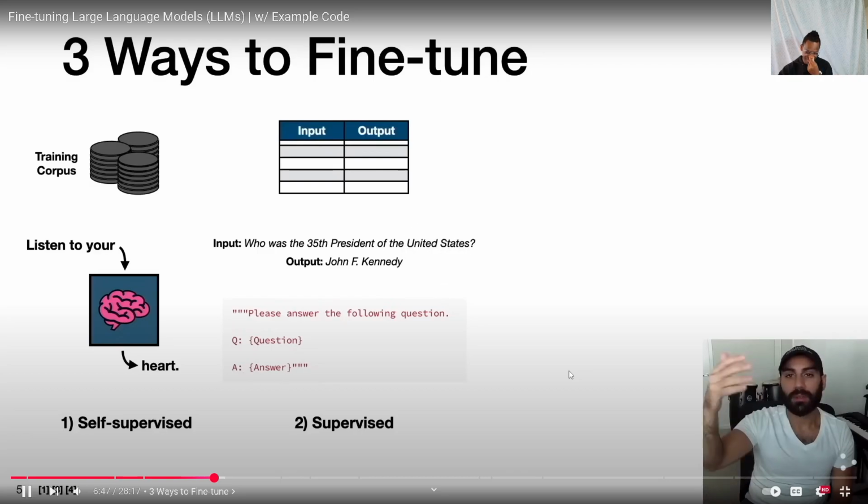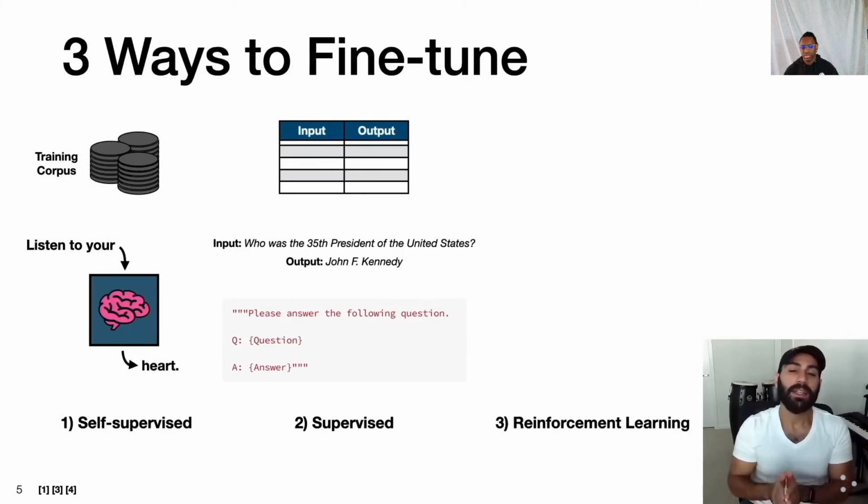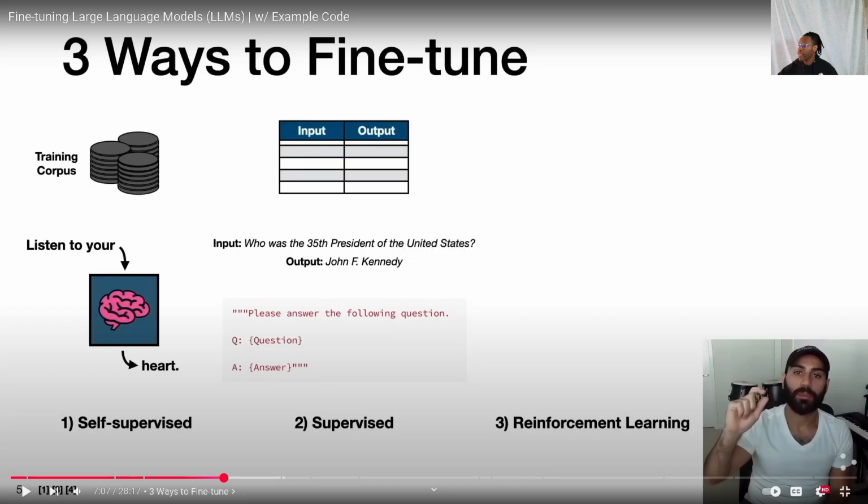would go here. And then through this process, we can translate our training data set to a set of prompts and generate a training corpus, and then go back to the self-supervised approach. And the final way one can fine-tune an existing model is via reinforcement learning. While there are many ways one could do this, I'm going to just focus on the